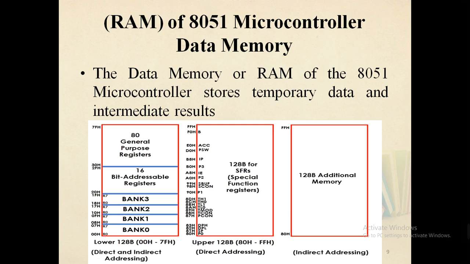The SFR memory addresses are only directly addressable. Even though some of the addresses between 80H and FFH are not assigned to any SFR, they cannot be used as additional RAM area. In some microcontrollers, there is an additional 128 bytes of RAM which shares the memory address with SFRs, that is 80H to FFH. But this additional RAM is only accessed by indirect addressing.